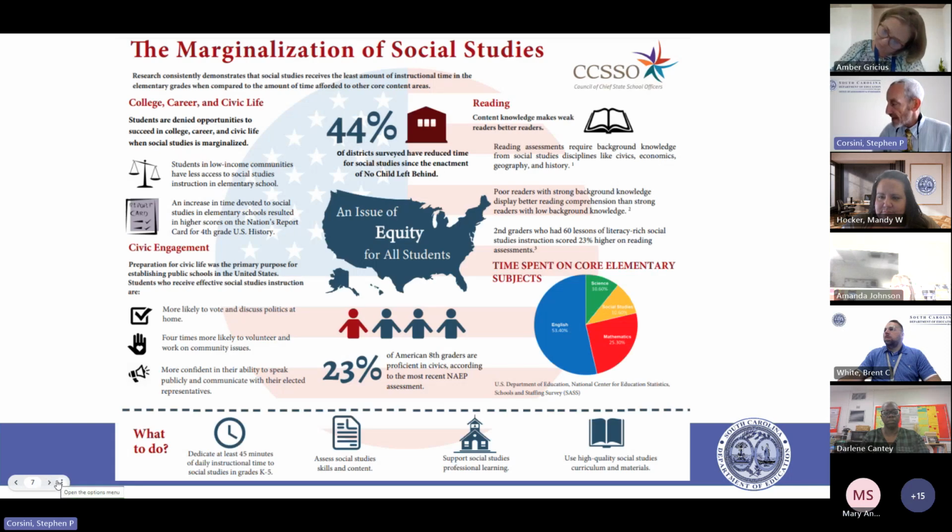So before we dive in, just a little bit of information from the Council of Chief State School Officers. Their Social Studies Collaborative put together this brief several years ago, because as most of you can probably attest to, as you've seen either in your schools or in colleagues' schools, a lot of times social studies is put on the back burner. And there's a lot of evidence out there that the importance of quality social studies is imperative to help prepare our young readers to be deeper thinkers, better readers, and in the case of social studies, better citizens.